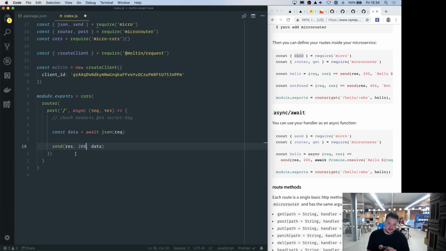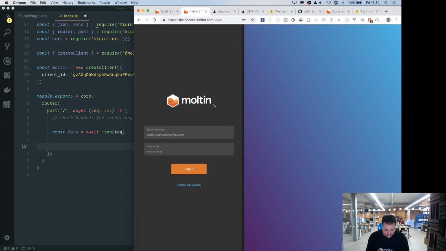So if Moltin is sending you some data and you didn't want to send all of that back, we can use all of that and just send the data that you need back. That's not really important right now. What we need to do, we're going to do a few things in here. One of the things that we need to get from the data is the actual resource that Moltin provides and gives you. So as I mentioned before, if we open up the Moltin docs,